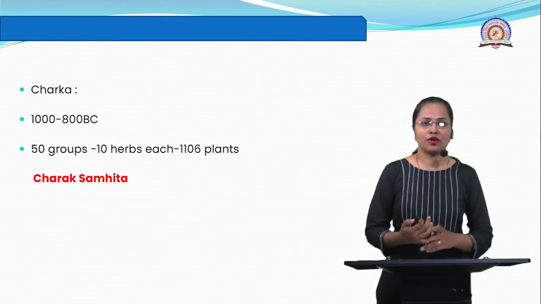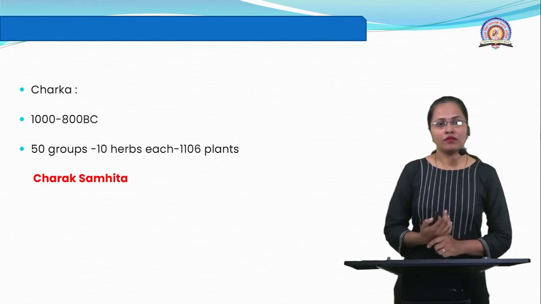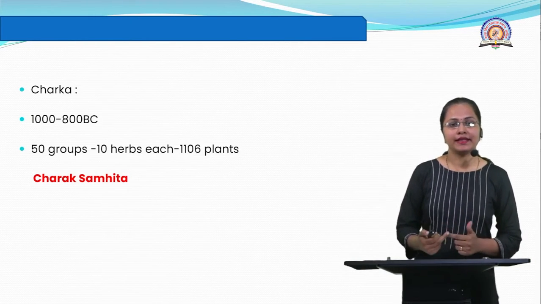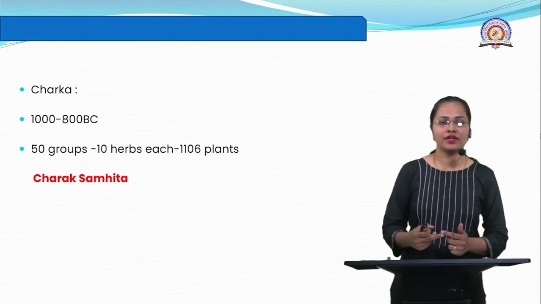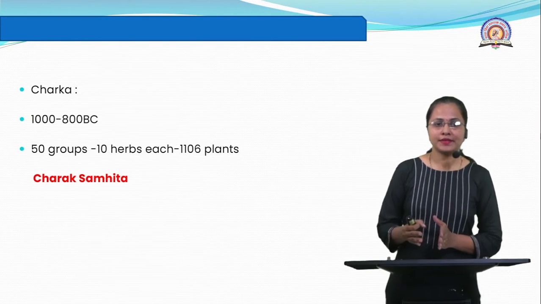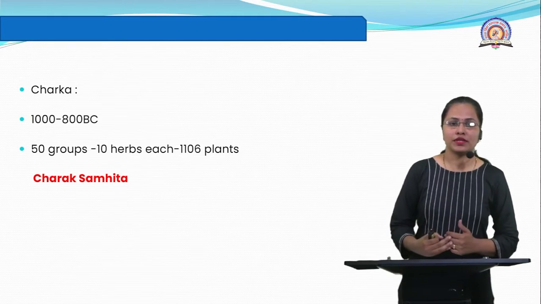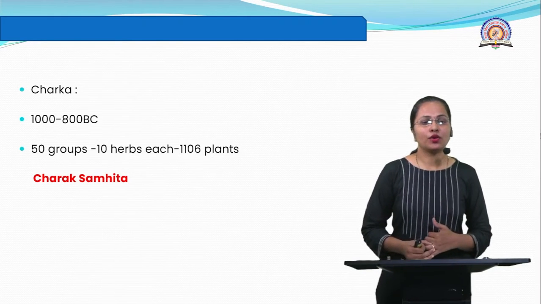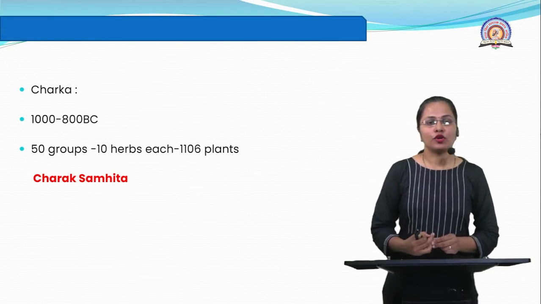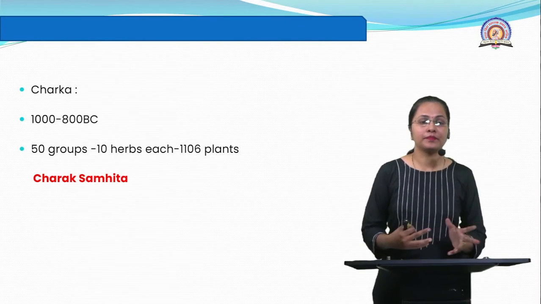We'll see first about Charaka. He first time reported more than 1106 plants, and he classified these plants in 15 different groups. In each group, he took at least 10 herbs, and he described different formulas of using those herbs. And he wrote a literature named Charak Samhita, and it was dated 1000 to